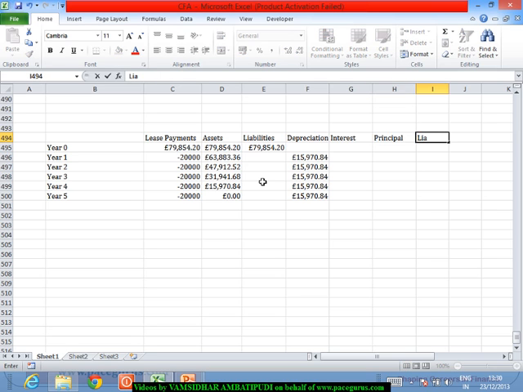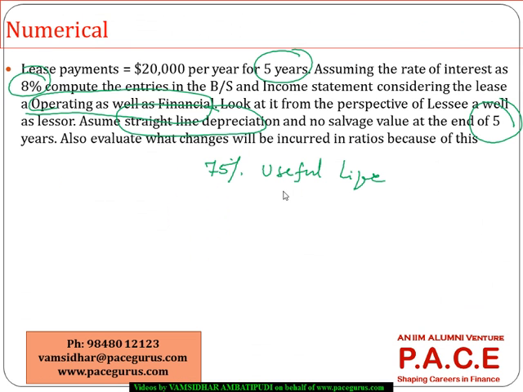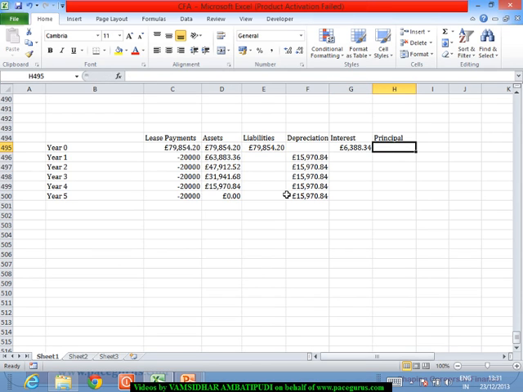So liability balance. In the first year, or probably the liabilities I already have, right? So I don't need a liability balance. From here I am computing the interest that I am paying on this at the rate of 8%, right? The interest is 8%. Okay, so the interest that I am paying on this is